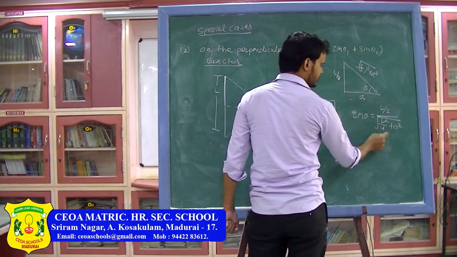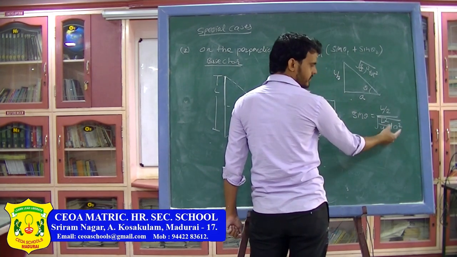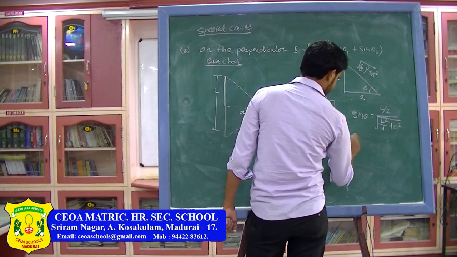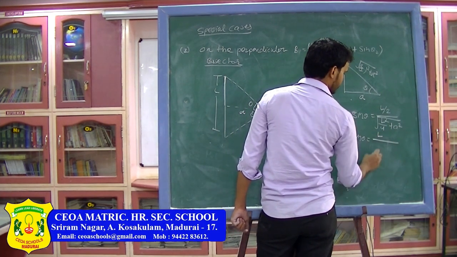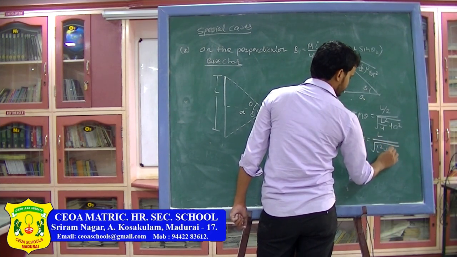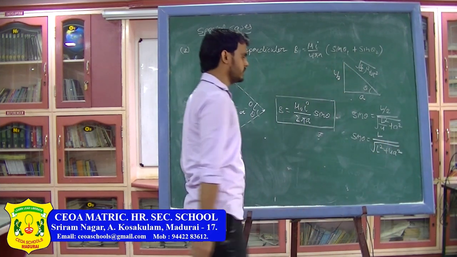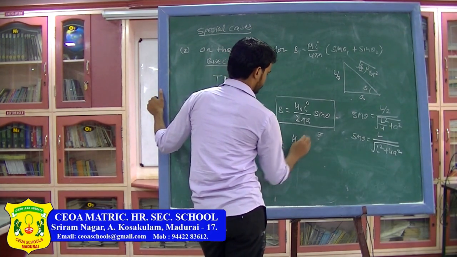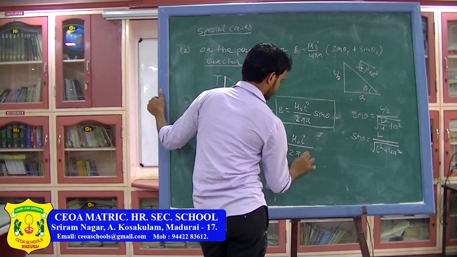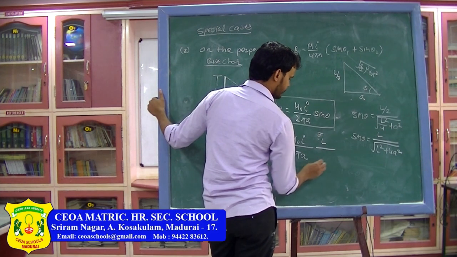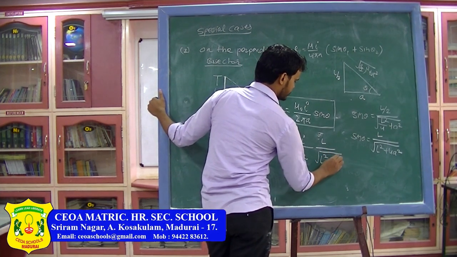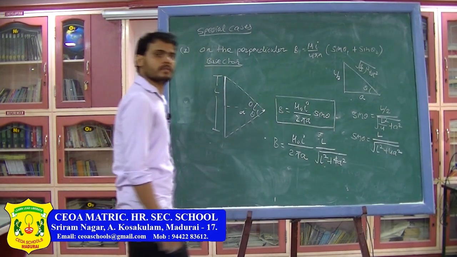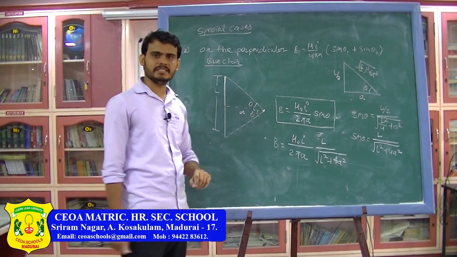Now if I simplify this, this will become L square plus 4a square divided by 4. If I take it out of the root, this will become 1 by 2. So this 2 and this 2 will cancel each other. So from here I can write sin theta is equal to L divided by root of L square plus 4a square. Here you can replace this value, then you will get another formula for the magnetic field, which is mu naught I divided by 2 pi a into L divided by root of L square plus 4a square. So this is the magnetic field due to a wire when the point is on the perpendicular bisector.